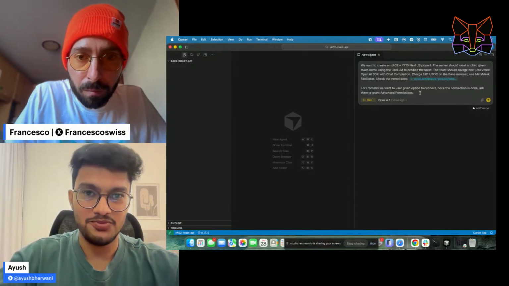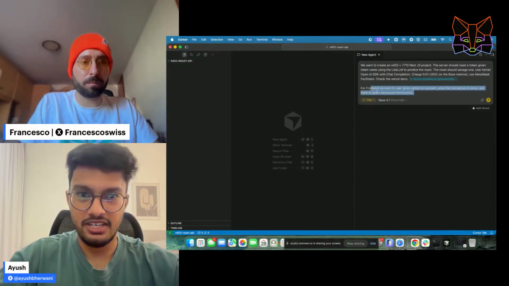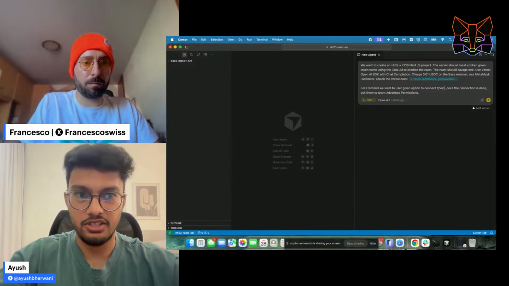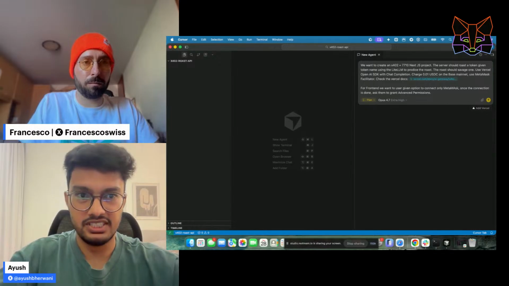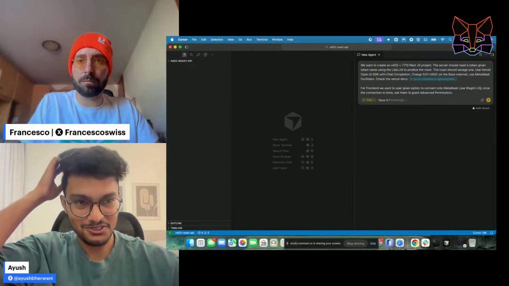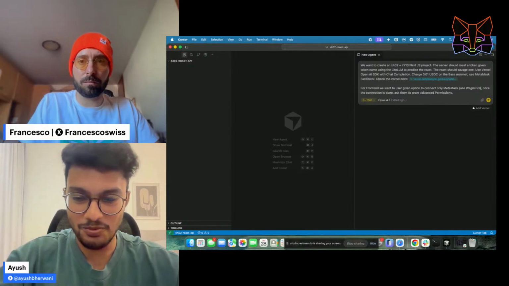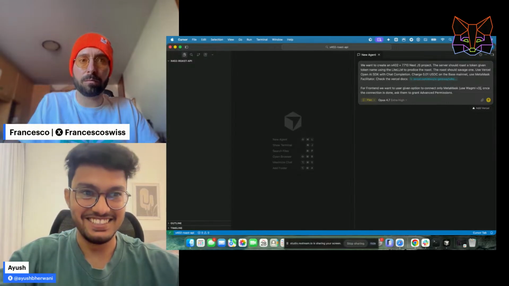Yeah. So now we are giving the context for the front end, and we are saying that for the front end, we want the user to be given an option to connect their wallet, connect only MetaMask, because only MetaMask supports 7715 and delegation. So we want to specify that so it does not use WAGMI v3, and it will automatically, since it is using WAGMI v3, I hope it will also automatically use the MetaMask Connect SDK.